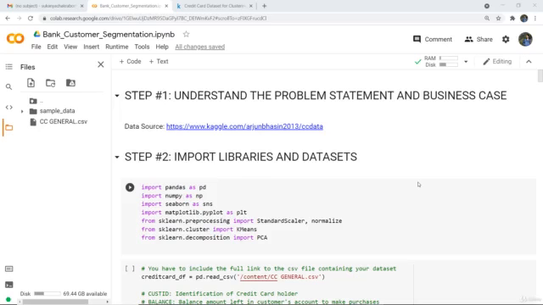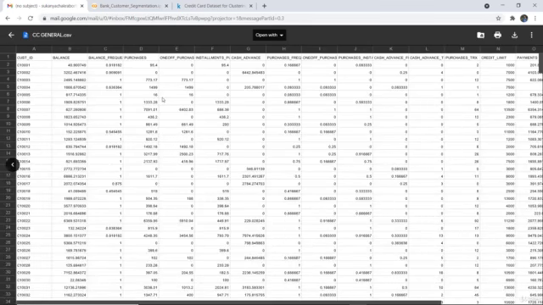In the previous video, we understood what customer segmentation is, what the problem statement is, what we need to do, and what things we need to apply. And for downloading this particular data set, which I also showed you in the previous video, this is the complete data set having the columns and their entries, and you can download it from